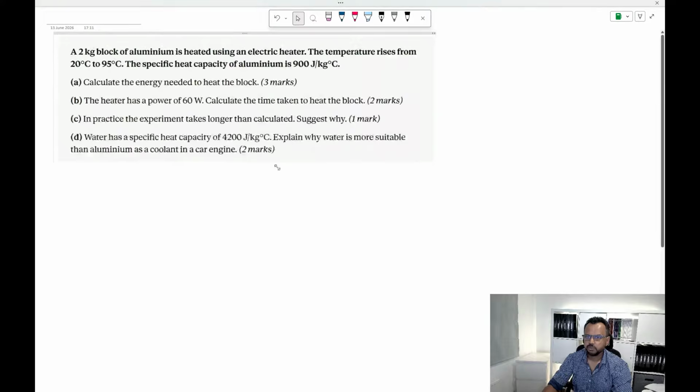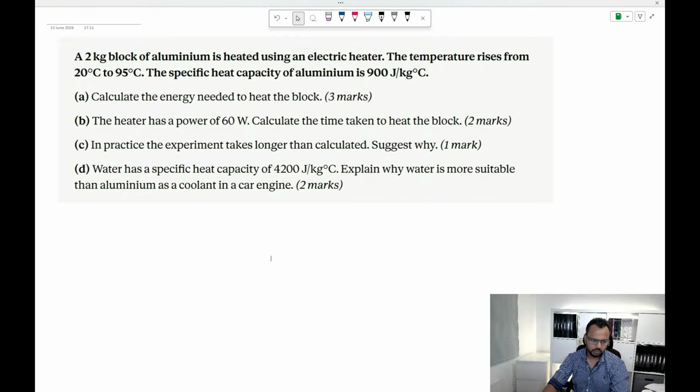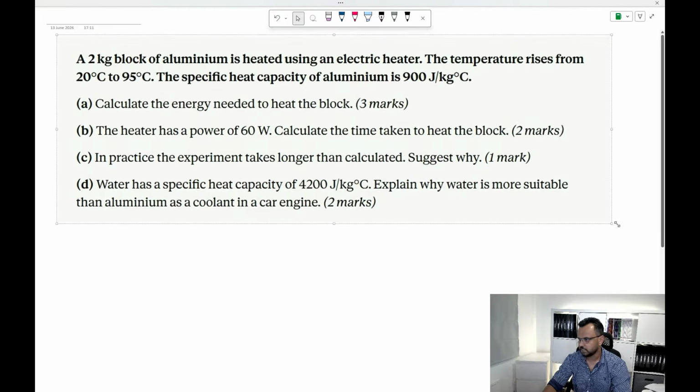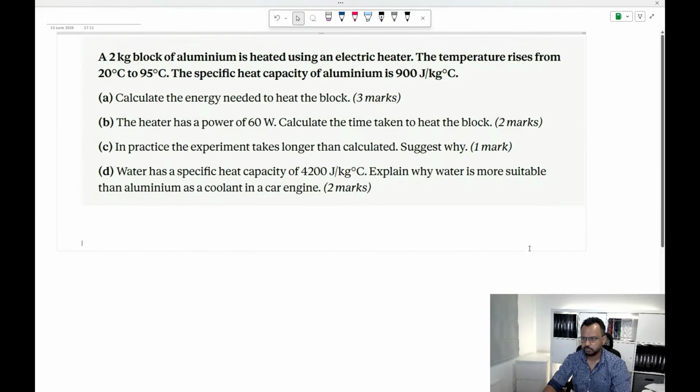Right. Specific heat capacity is a very popular question you get. Let's try a question on this. Does anybody want me to explain the theory of the specific heat capacity, guys? Anyone? Or you're okay to just do the question? Let me know in the chat, please. I'm watching the chat now. If anybody wants me to explain the theory, just say T for theory or Q for question.